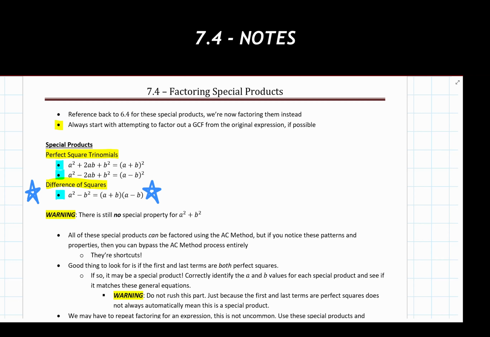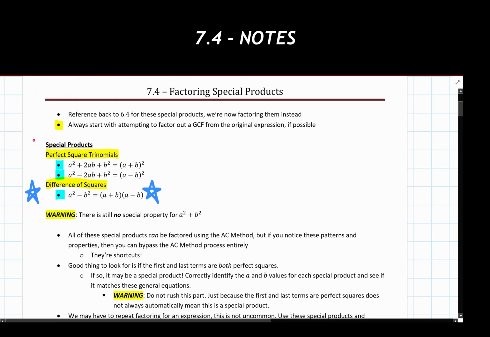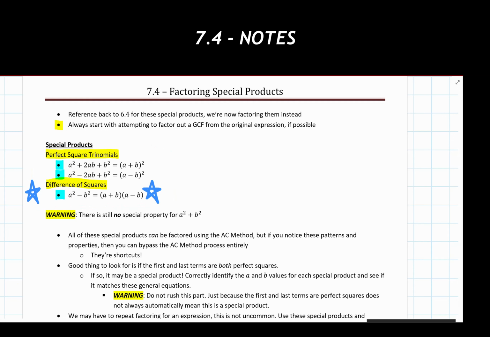But these are the three that we are looking for and referencing in this section. So we'll go through a couple examples of these. How do we identify them? I don't know if I would say it's a process, but there are some things we can look for and criteria that we are looking for to determine if what we have been given in a problem is indeed a special product or not. Again, I recommend, if you are looking to prioritize anything, the difference of squares.